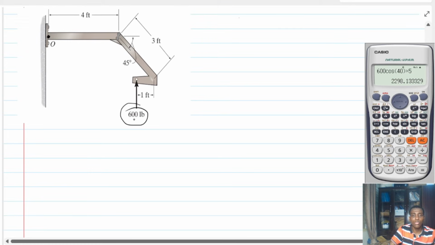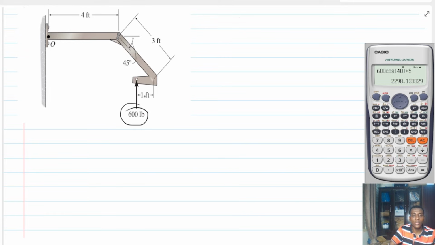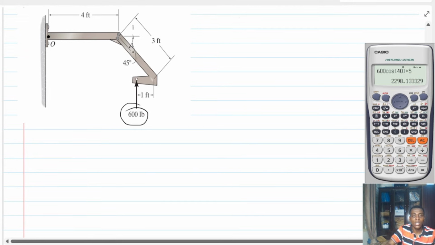So what I will do is that I will try to locate the line of action of this force. And that line of action is actually this line. Let me draw it well so that you can get it. The line of action of this force is this line here. And then we just need a perpendicular distance from O to meet this line. Is that right? And don't forget that if the whole of this distance here is 3, then I can resolve this 3